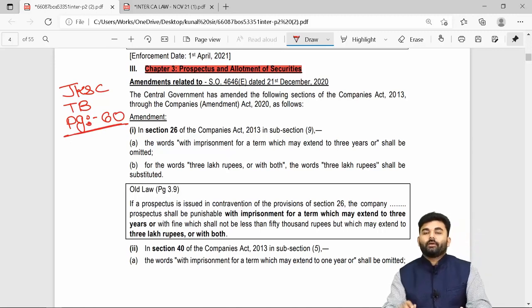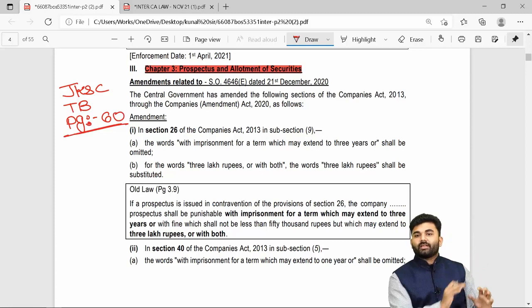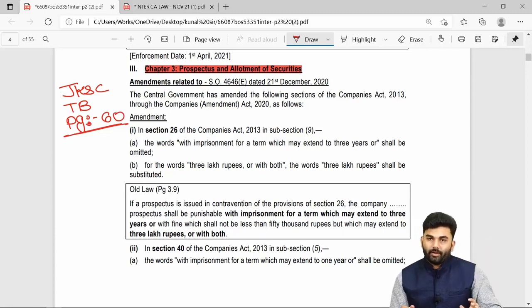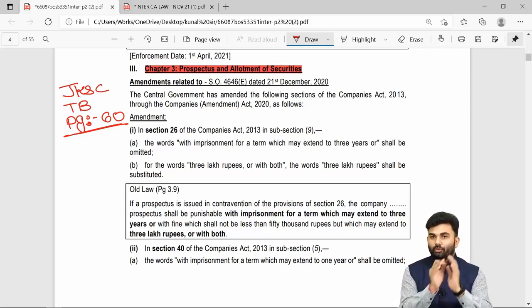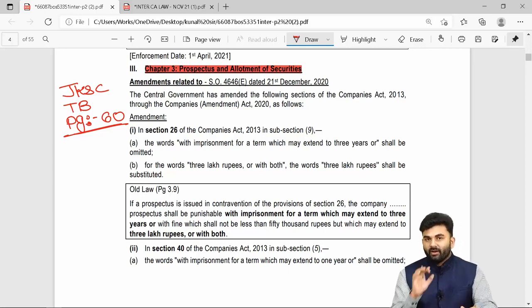I will repeat. All these amendments have already been covered in your revisionary lectures, which have already been uploaded. If someone does not want to have a look at the revisionary lectures, and just wants to make the changes inside the textbook, then for them a different lecture has been kept wherein you can make necessary changes in your textbook as well.